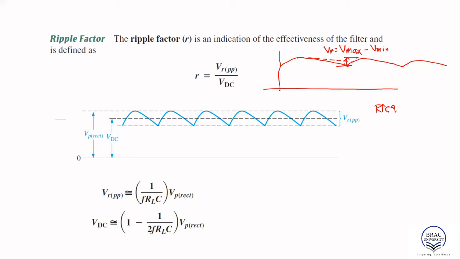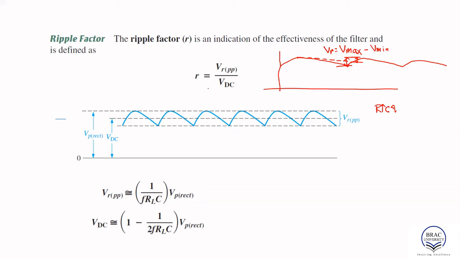If it takes a longer time to discharge, the ripple VR would be smaller. So how big or how small the ripples are, and how effective the filter is,